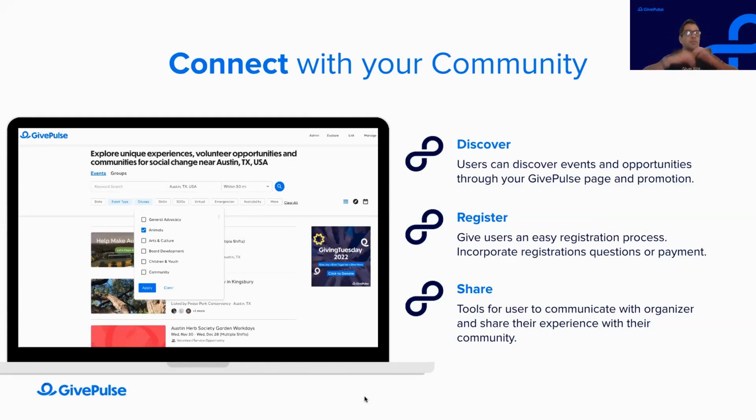GivePulse is like a social network of volunteers, kind of like a Facebook. Anybody can create a user account for GivePulse. The idea is to connect people that want to participate and help nonprofits in their work with those organizations. Anybody can go to givepulse.com/search, or they can download the app and look for volunteer opportunities in